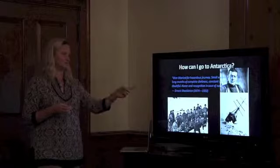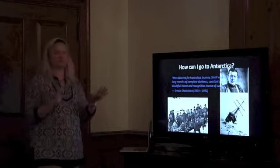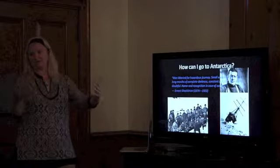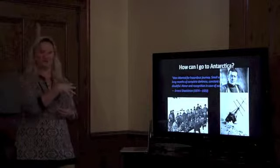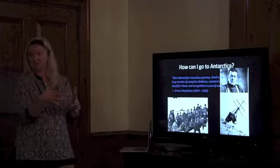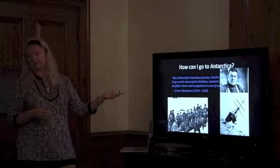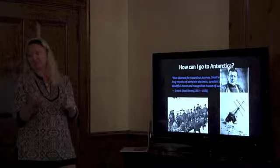And what happened is their ship, so they got there too late in the summer. When you get there in the summertime, a lot of the sea ice has broken up, right? So the ships can get close enough to the continent, but they got there too late, so the sea ice was starting to freeze up again, and so it caught their ship, basically. So their ship got moored in the sea ice, and then the sea ice eventually crushed it completely, and so